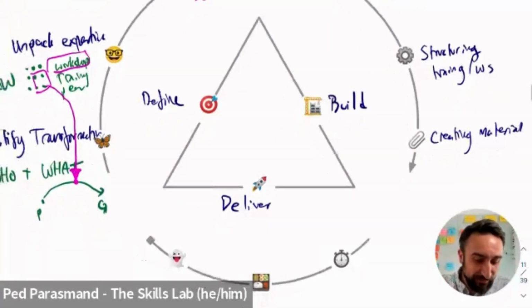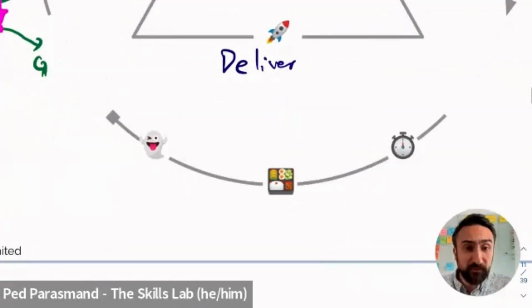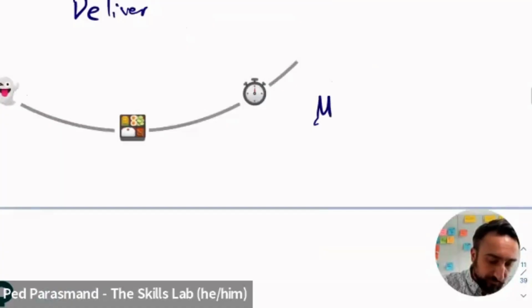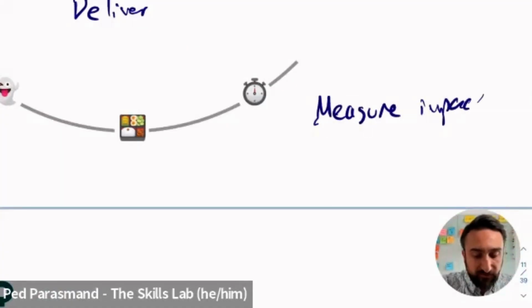So this is building the workshop. And then when it comes to the last phase of delivering, feeling confident with your design, maximizing the impact, and making sure that you're evidencing that impact, the first step here is measuring impact: the evaluation framework and the tools and all that stuff.